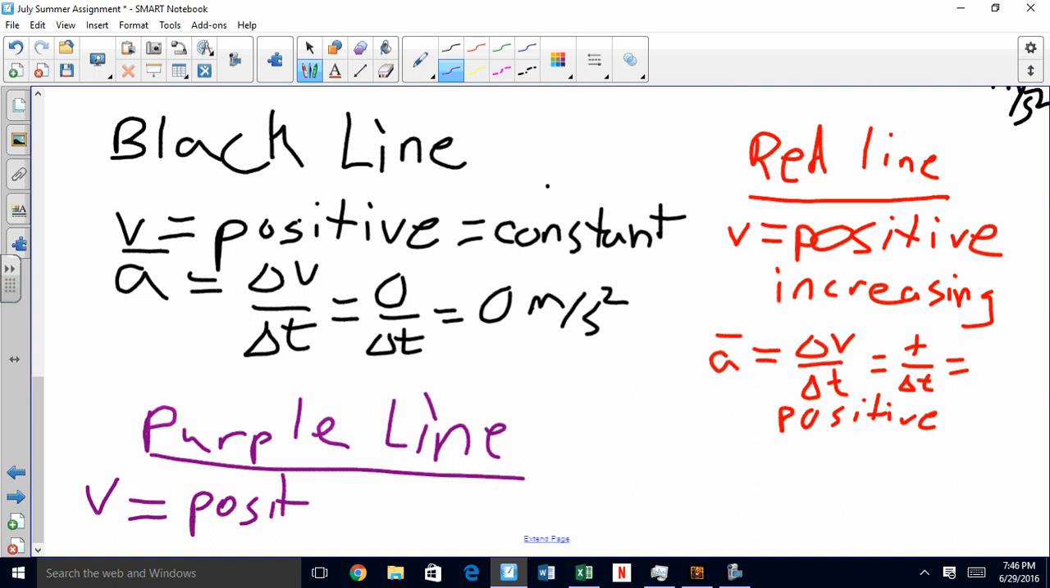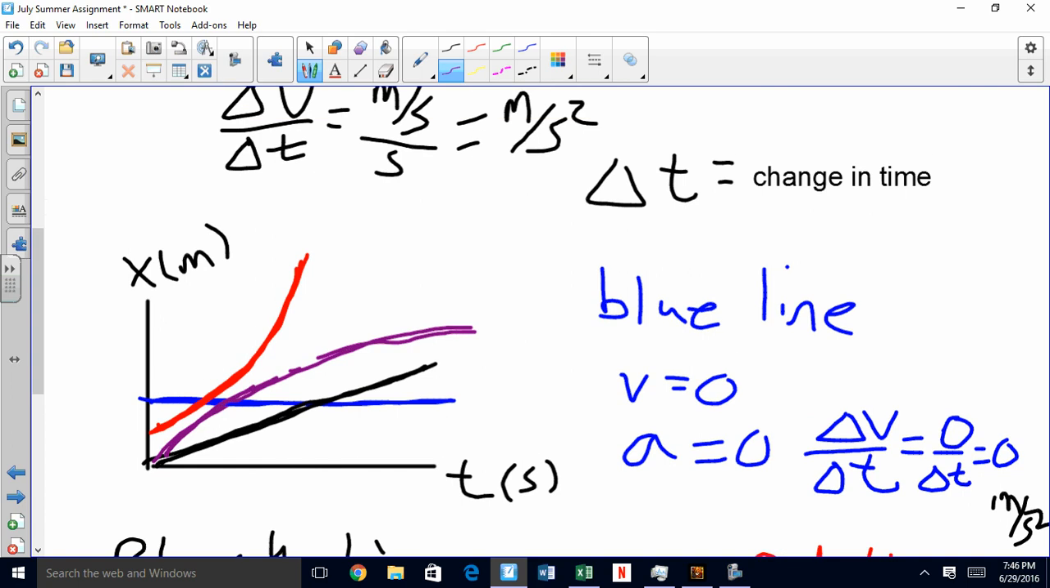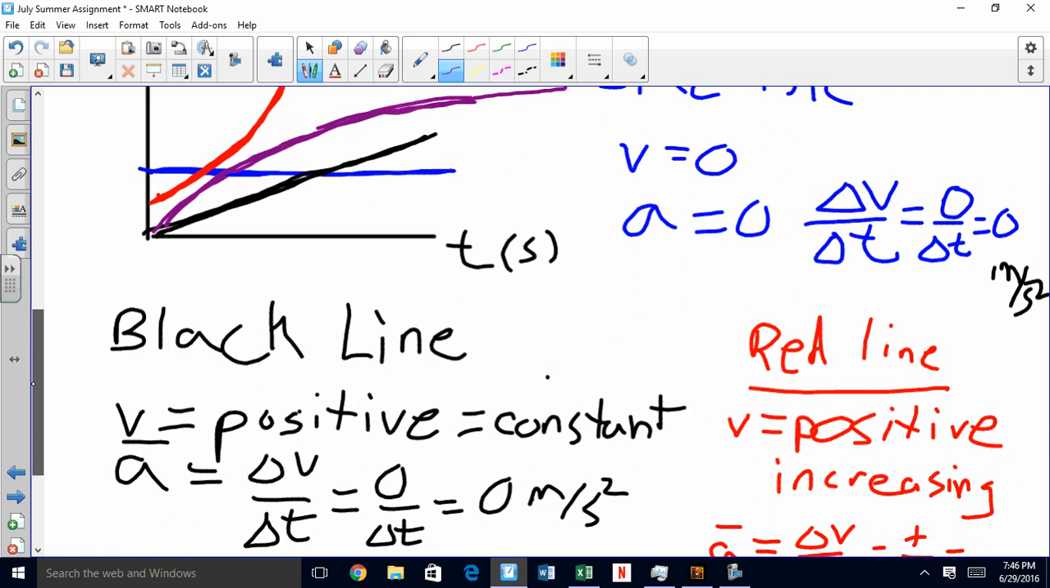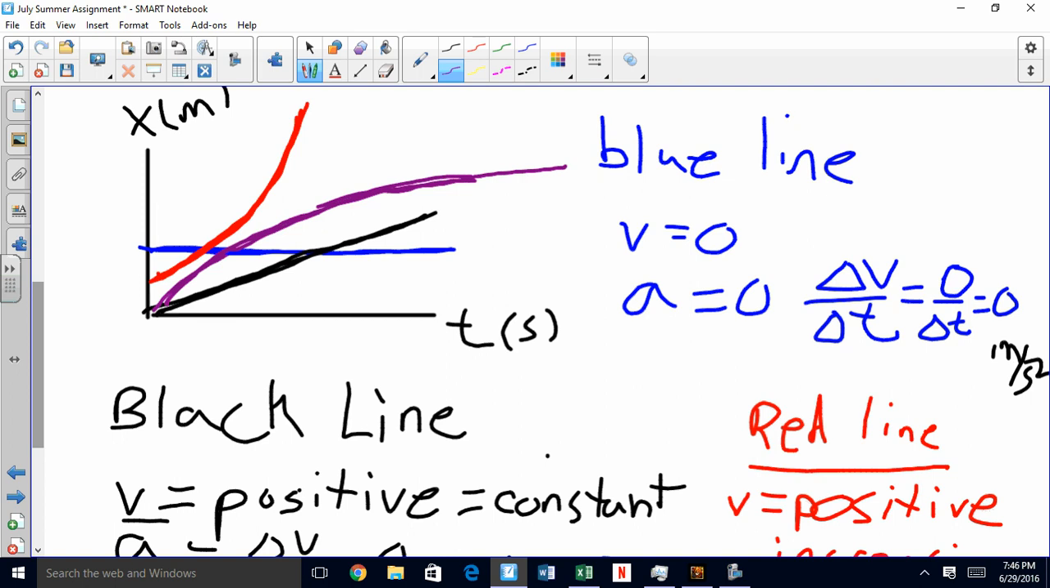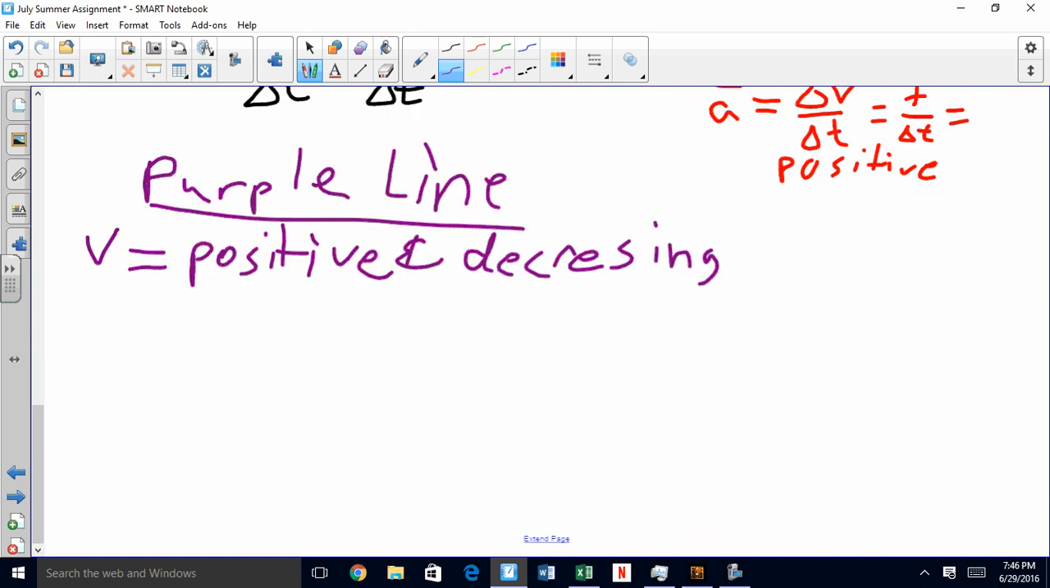But if we look at it, the velocity is, even though it's positive, even though we're going further away, we're going further away slower with time, which means the velocity is decreasing because the slope of this is going down. So the velocity is positive and decreasing, which is the opposite of the red, because the red was positive and increasing. As soon as we see a decreasing velocity, oh, that means when we're doing our average acceleration,